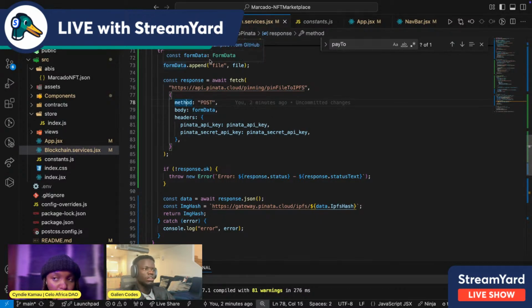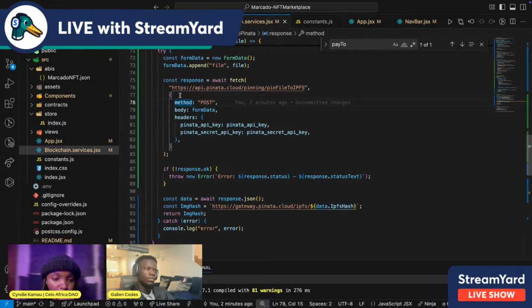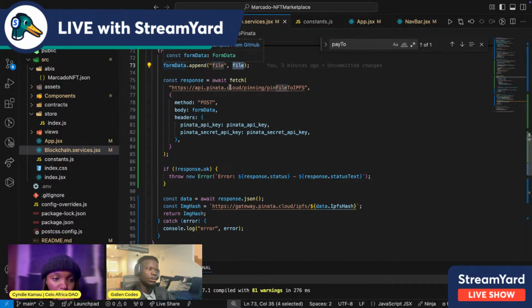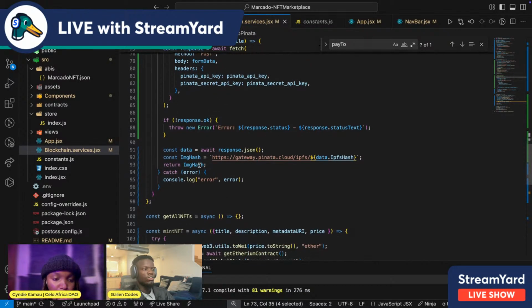We pass the form data. You understand? In simple words, we are making a POST call to our API, and the API needs to be authenticated. The authentication is being passed here, where we pass the API key and the API key secret. The method that we're calling is POST. The data that we are posting is the image, the file, which we appended to this form instance. If that is okay and we have a response,